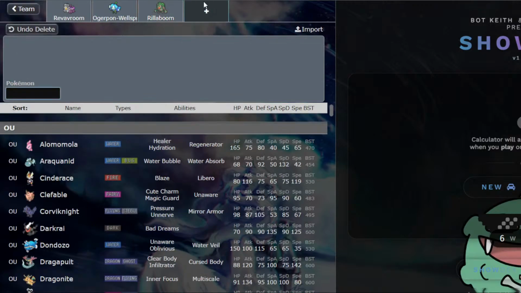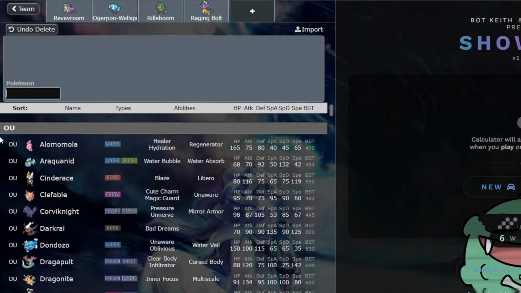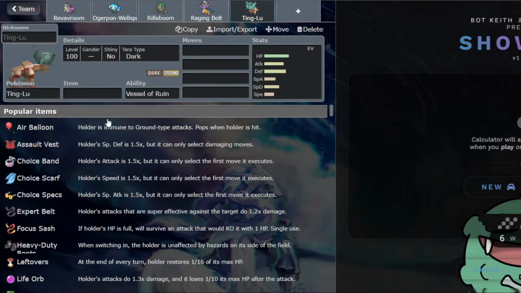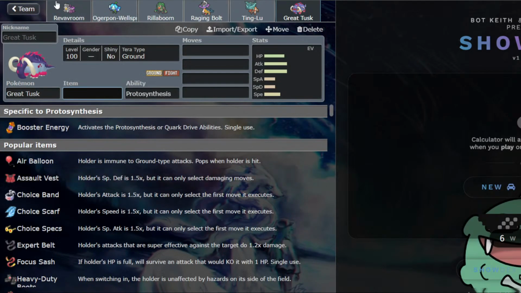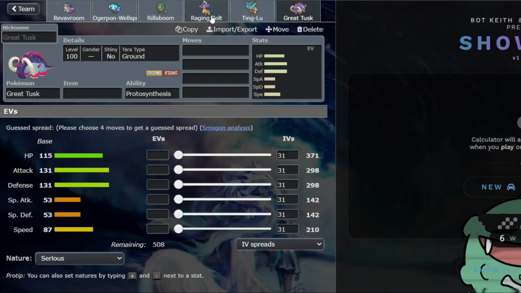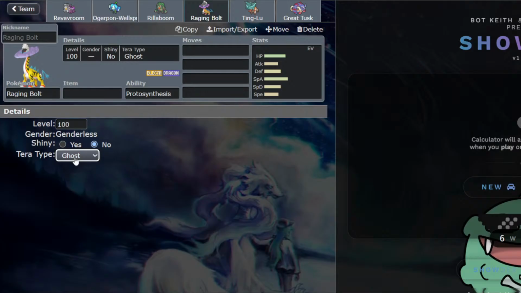We'll go Rilla, we'll go Raging Bolt for sure. I think, do we want to run Hawlucha? It's kind of a tough question. I think Ting Lu is good as well. I think we want to keep that around. But then hazards become the issue, so I feel like we need Tusk as well. So I think we stay with the semi-hazard stack, but we'll try this in the context of grassy terrain. And I feel like Ghost... Maybe we don't do this. Maybe we just run...